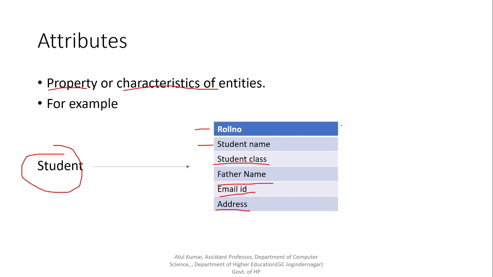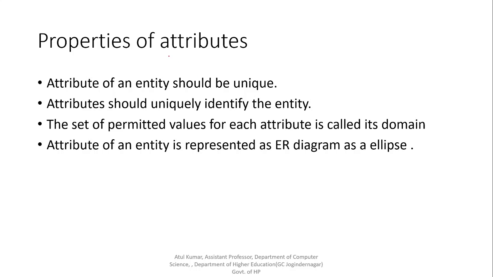All are the attributes or characteristics of this student entity. An attribute of the entity should be unique, it should uniquely identify the entity, and there should be permitted values for each attribute, which is called the